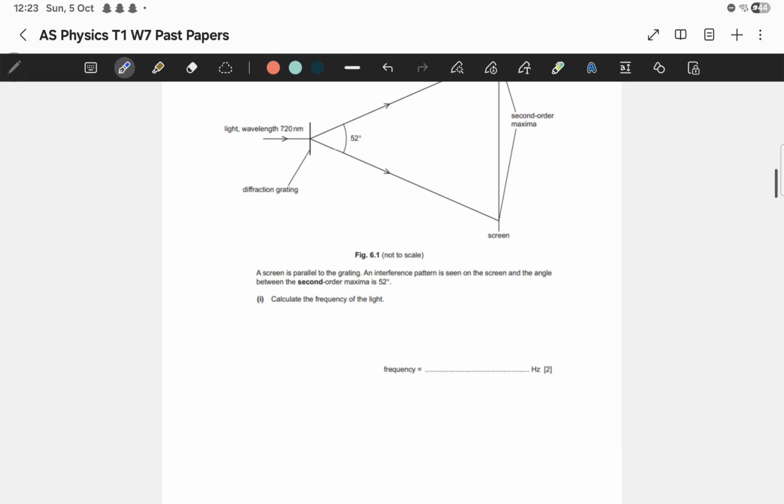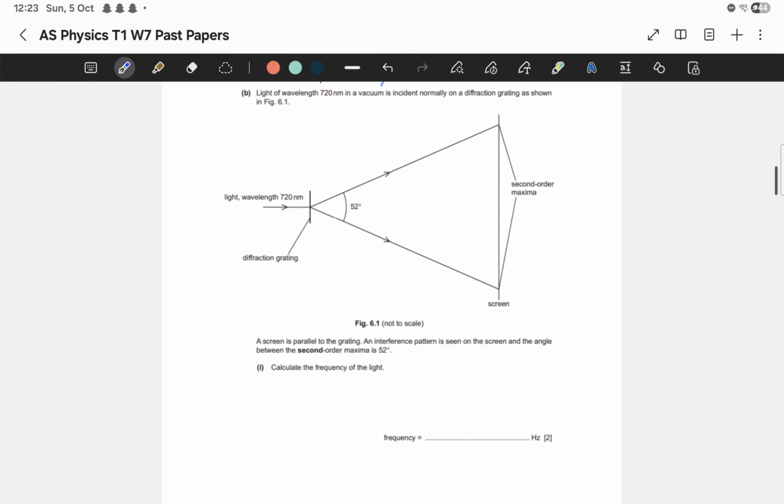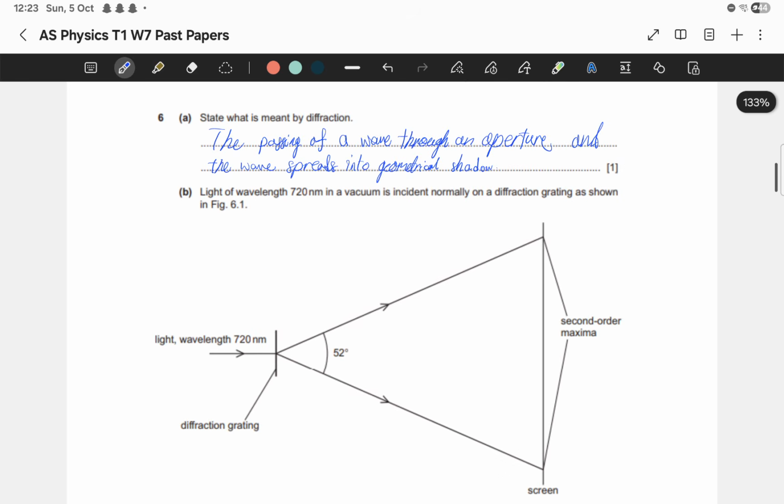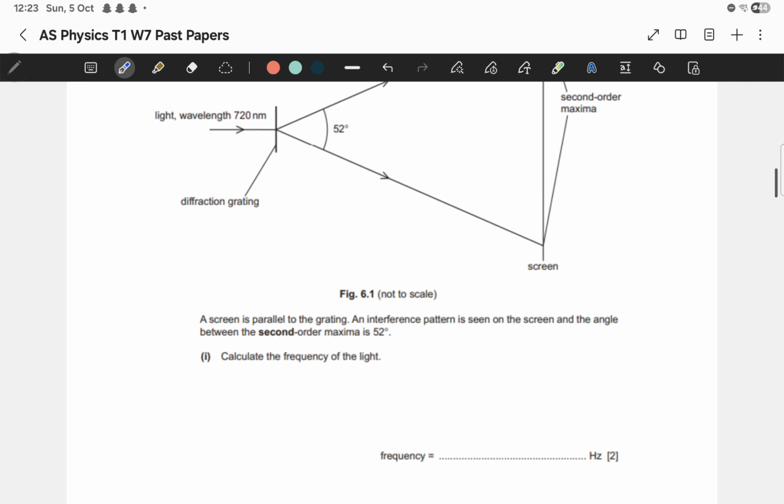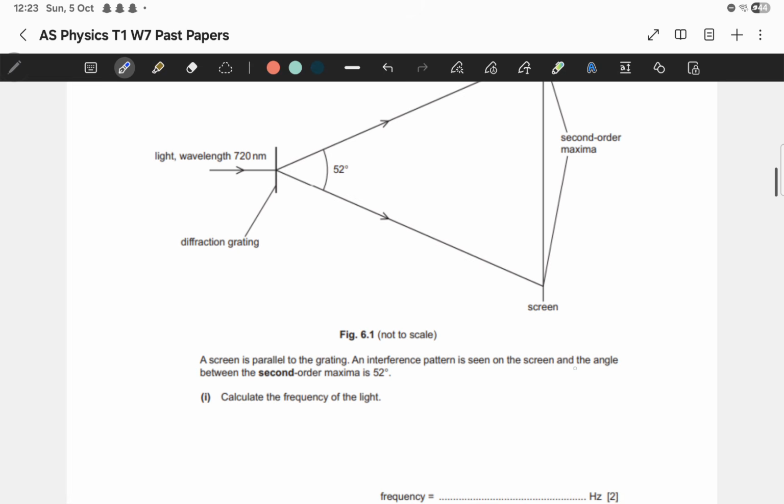Okay. A screen is parallel to the grating. Okay, so you have this light of wavelength. So this is the only part I need to know. 720, this is lambda. So lambda is equal to 720 times 10 to the power of negative 9 meters, right? Nano is 10 to the power of negative 9. Diffraction grating, this is another thing I need to know. Okay, now, a screen is parallel to the grating, an interference pattern is shown, and the angle between the second order maximum